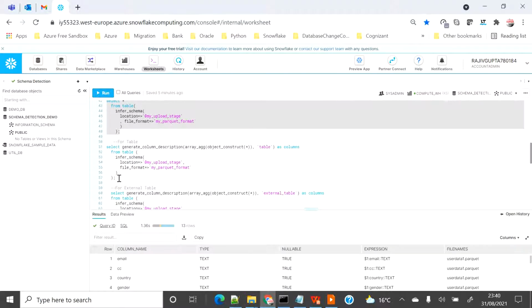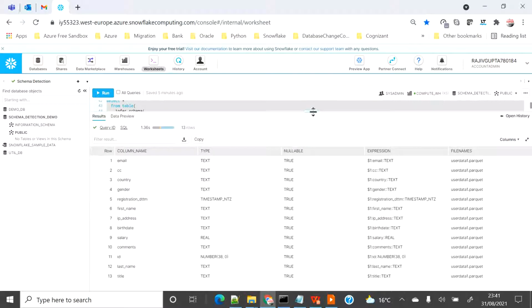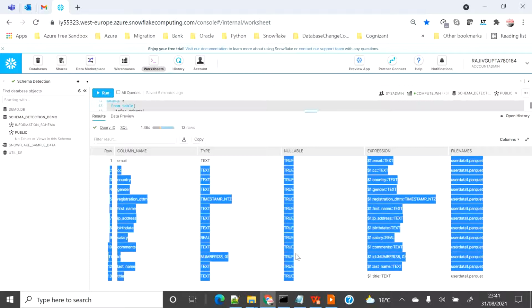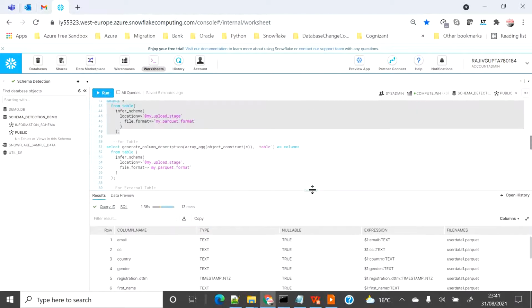The another feature which I wanted to showcase you, like this is the way you can see the list of the column and the type and, one more important thing is by default when you read the flat file, Snowflake will always showcase or list all the column as nullable, and even if you create the table using this info schema feature, all the table column will get created as null. So if you want any constraint like not null and all those things needs to be included in the table, you need to alter the table after creating this and add all those constraints.